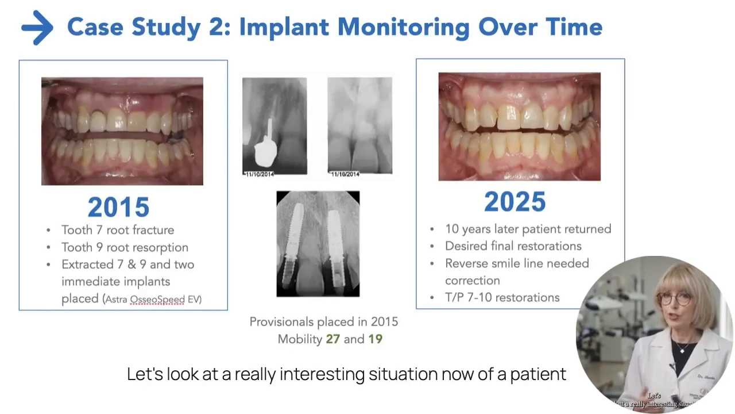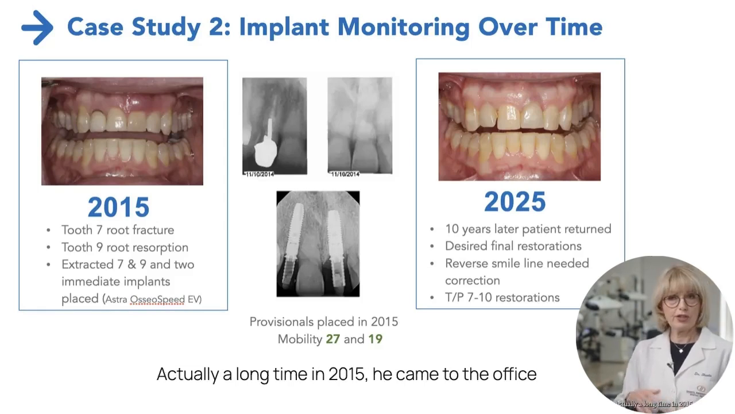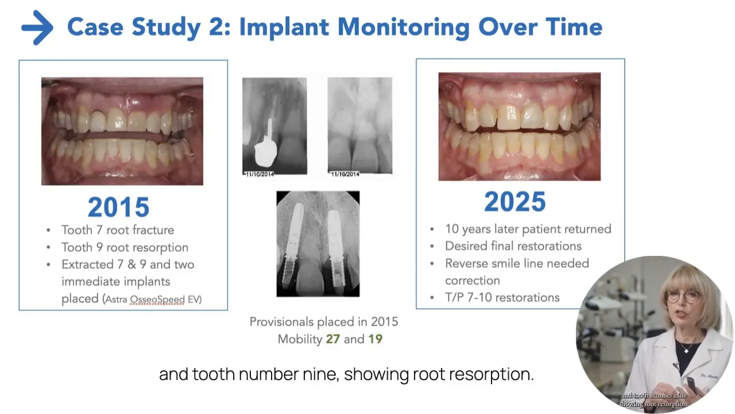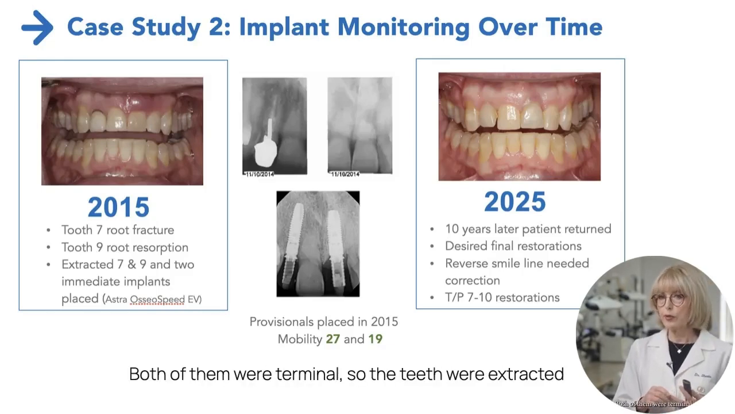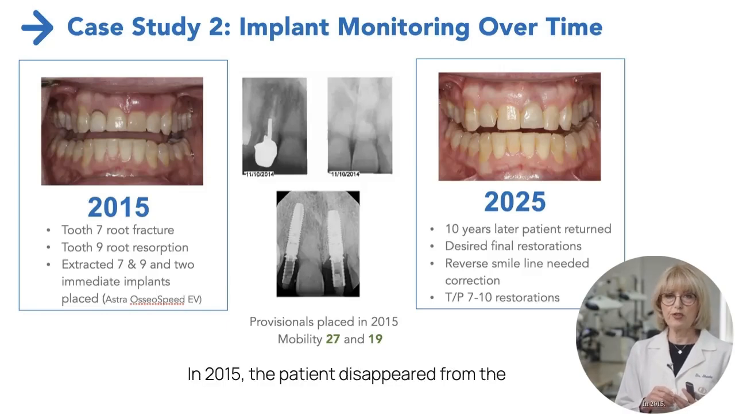Let's look at a really interesting situation now of a patient whose implants we've been monitoring over a long time. In 2015, he came to the office with tooth number 7 having a root fracture and tooth number 9 showing root resorption. Both of those areas were infected, both of them were terminal, so the teeth were extracted and 2 implants were placed,